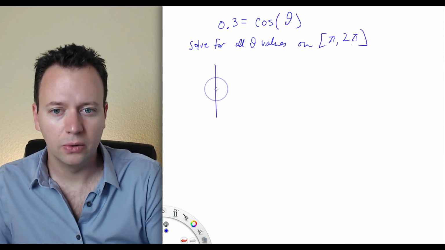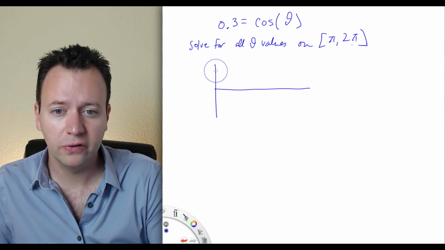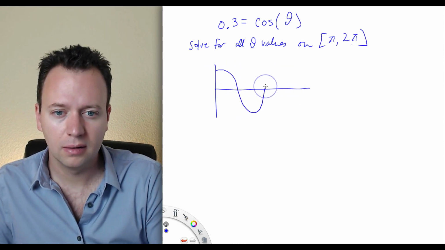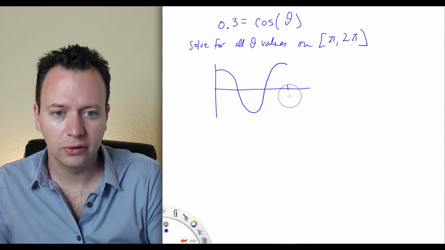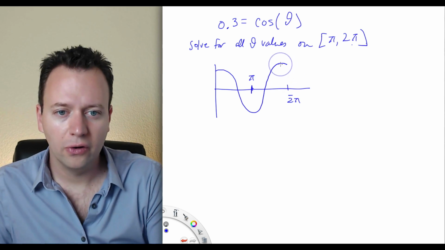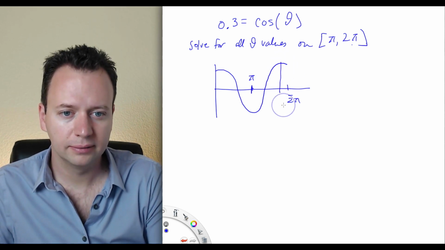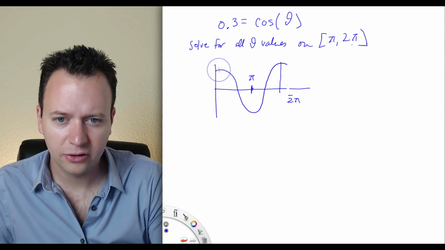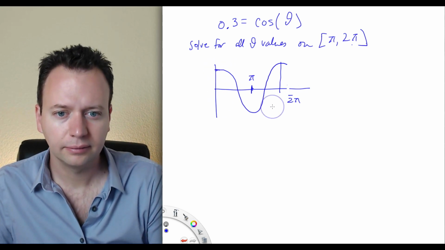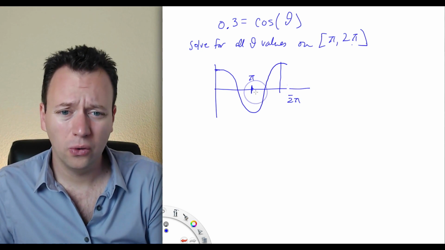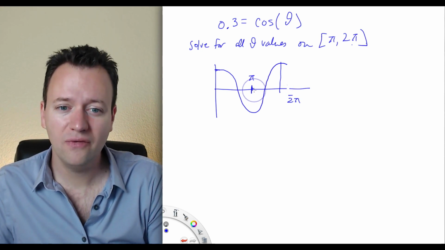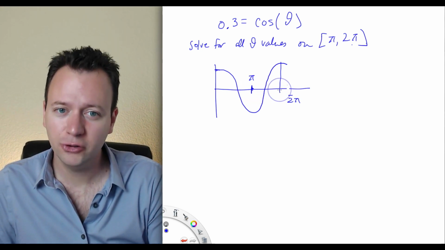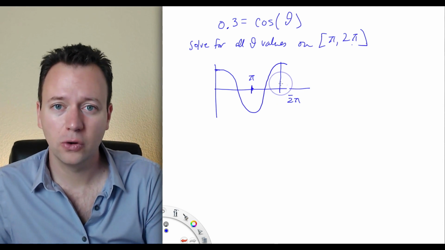Right, so first of all, let's draw a picture. Cosine of theta looks like this. There's 2 pi, here's pi. So 2 pi is actually right here at the peak. Okay, so we're looking for what value of theta between pi and 2 pi satisfies the equation cosine of theta